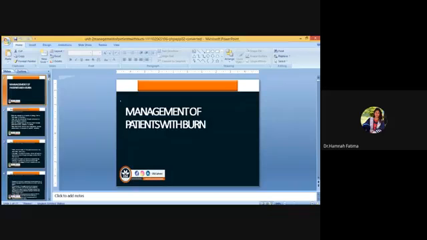Major determinants of the severity of any burn are the percentage of total body surface area that is burned, the presence of an inhalation injury, the presence of any respiratory distress, patient under the age of 2 years and over the age of 60 years. Right. Then the depth of the burn. Okay, how much epidermis and dermis is damaged.